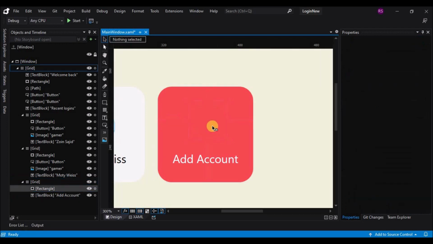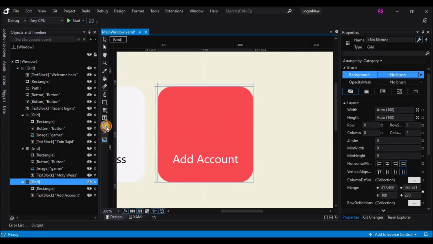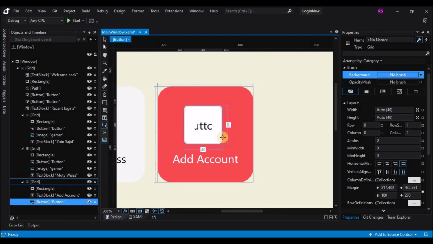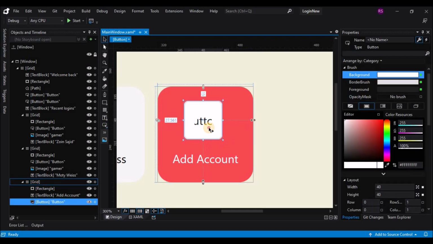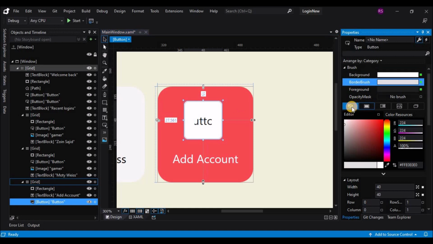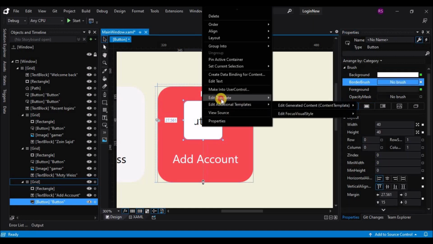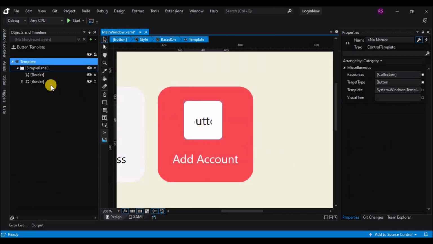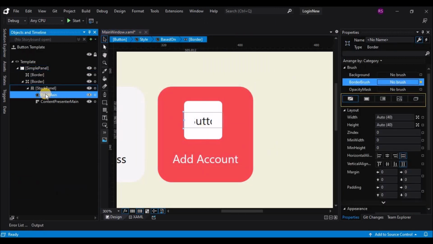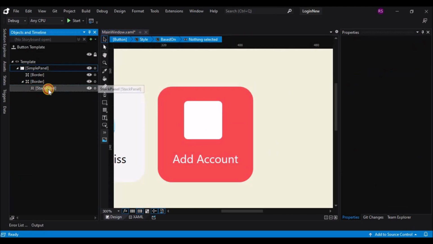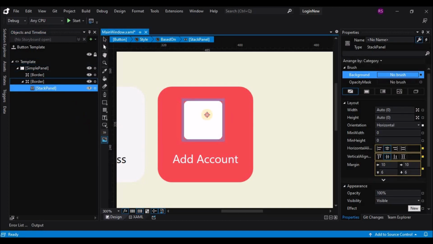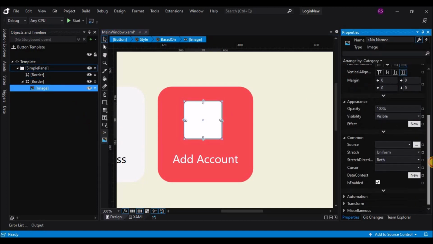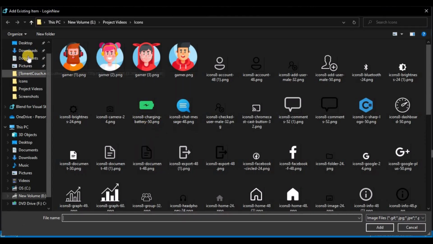So let's delete this and add a new button inside that grid. Yeah, so let's right click. Before that, let's remove the border for that and edit a template, edit a copy. Now under that border, let's remove that stack panel that we have and replace it with an image. Browse for that image